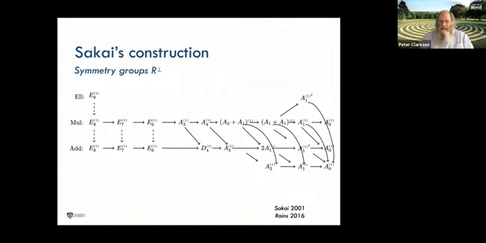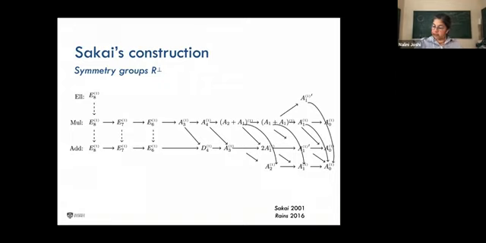Are there any further questions? I should also point out that often people call this a classification, and Sakai himself says it's not actually a classification. There are also equations that have symmetry groups which are subgroups of the groups listed here. For example, E8 has subgroups like F4, and there are equations that correspond to F4, which are not listed here explicitly.